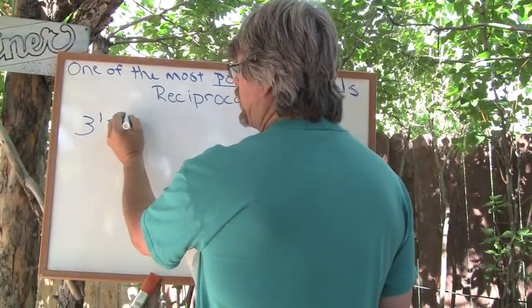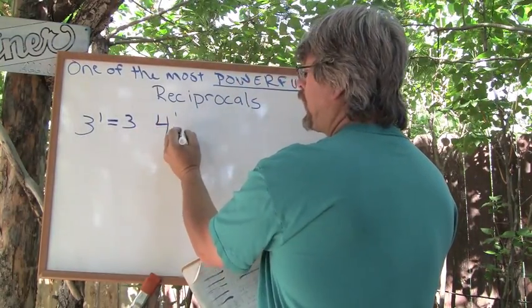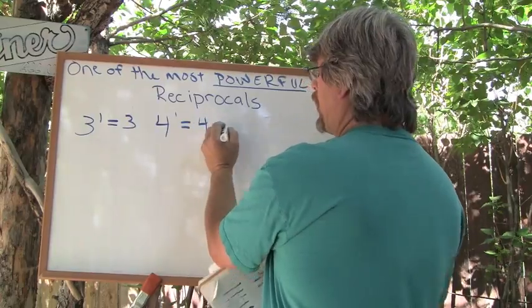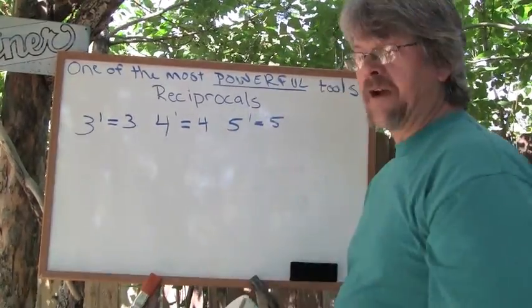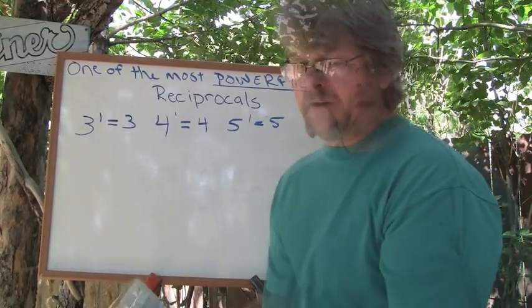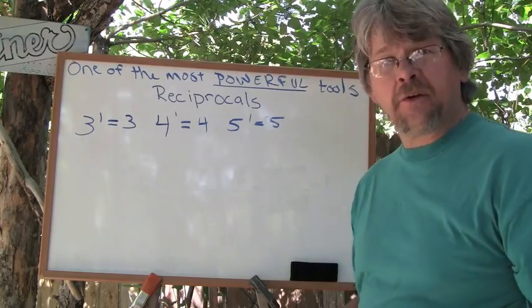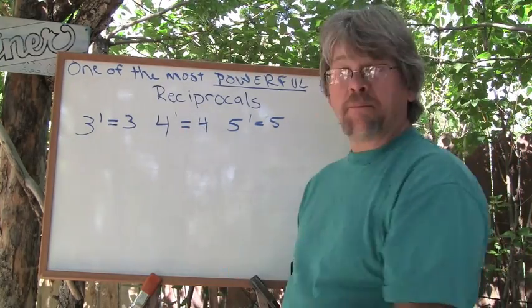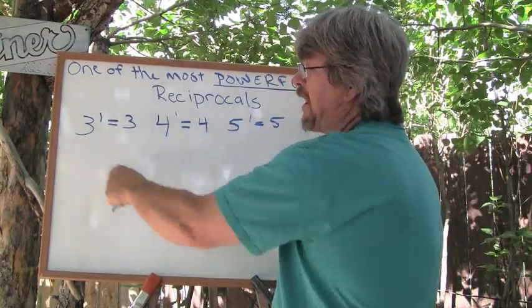That simply equals 3, right? 4 to the first power equals 4. 5 to the first power equals 5. Why is that? Because every one of these numbers is multiplied by itself by 1, because the exponent tells you how